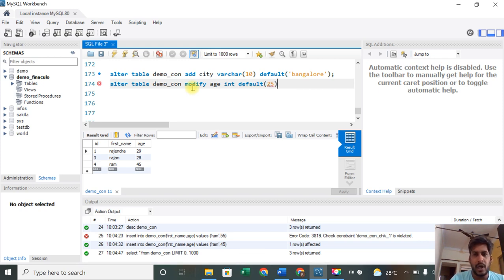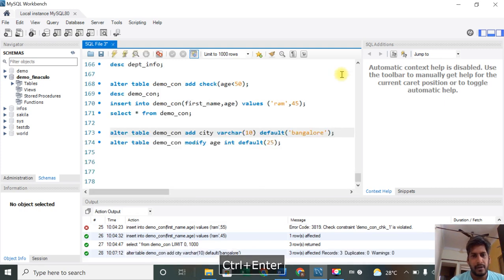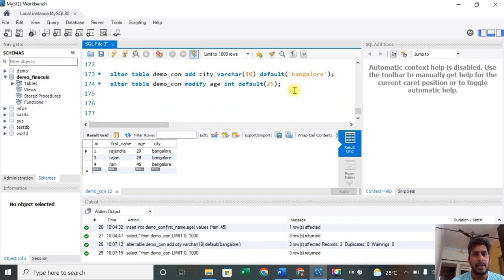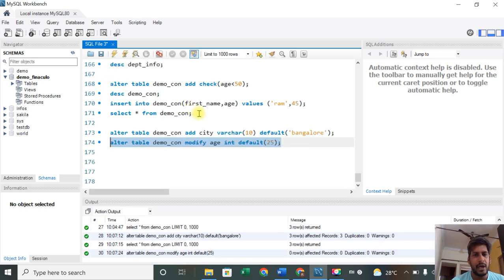In case someone does not enter any value, then it should become 25. So I will execute this first one. Now if I check that particular column, you can see everywhere it became Bangalore, right? By default it will take Bangalore. Now I will execute this one, and it will not change because